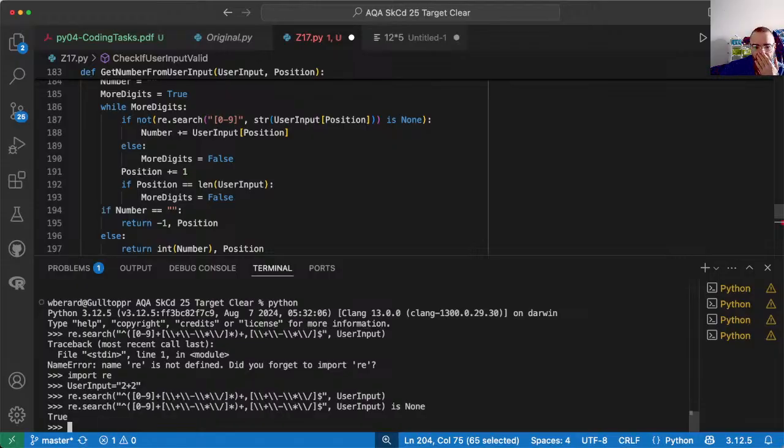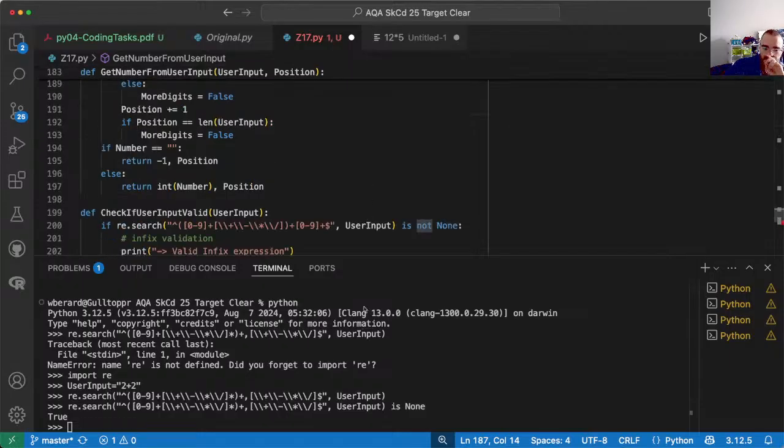Slightly bizarre. Oh, so is none means we've not found it, right? Yeah, because this is not is none. No. Look at the cat coming on the desk. So that's fine. It doesn't validate this one, but if I say